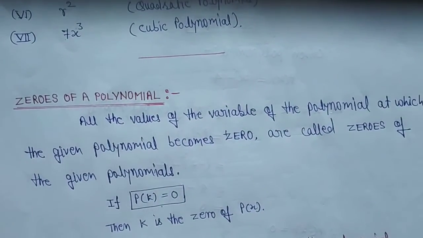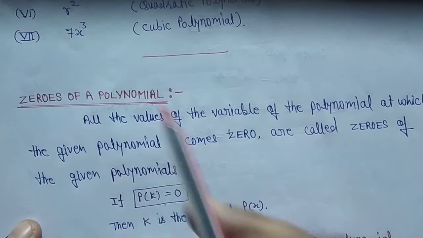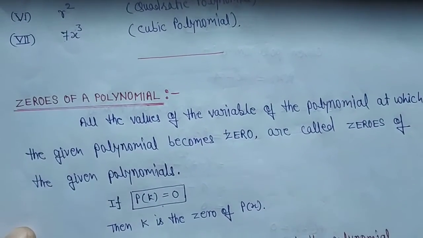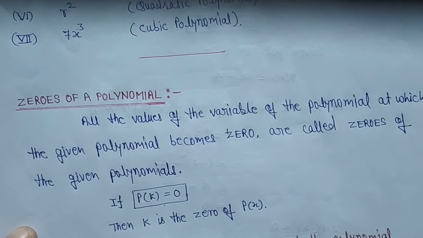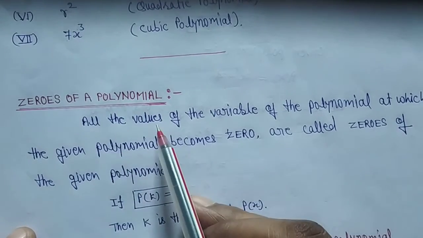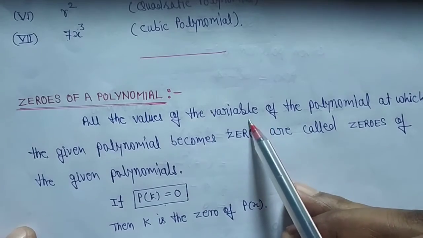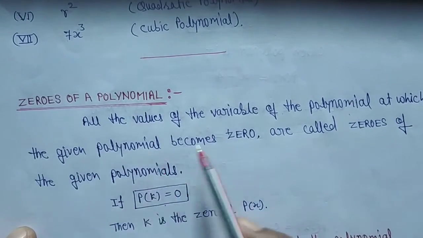Now, this is a new topic, zeros of a polynomial. What is zeros of a polynomial? What is the meaning of zeros? Zeros of a polynomial: the value of the variable at which the given polynomial becomes 0 is called zero of that polynomial. So all the values of the variable of the polynomial at which the given polynomial becomes 0,